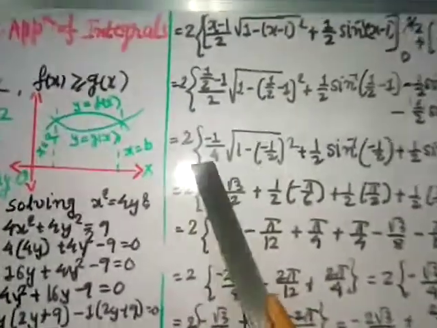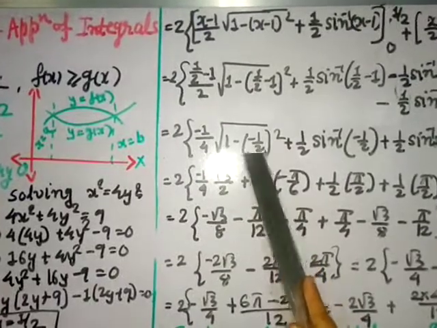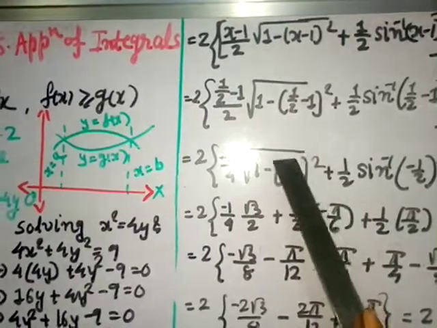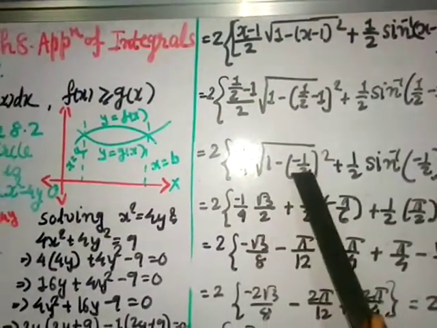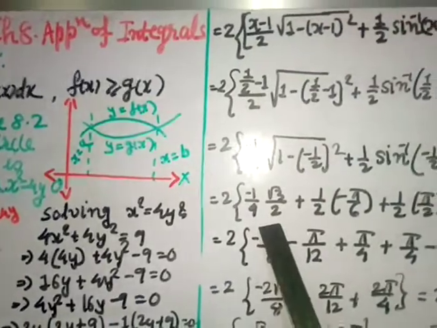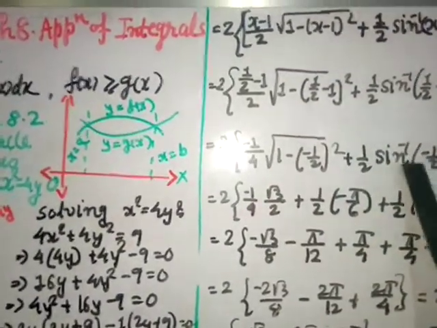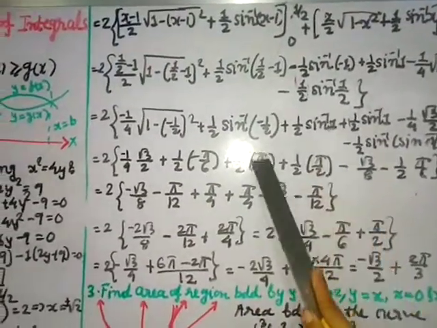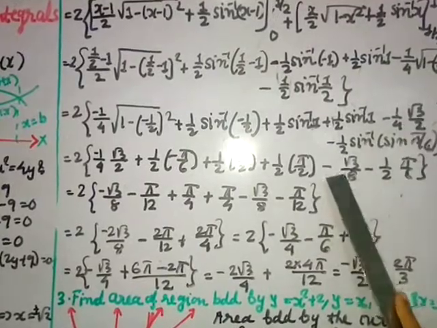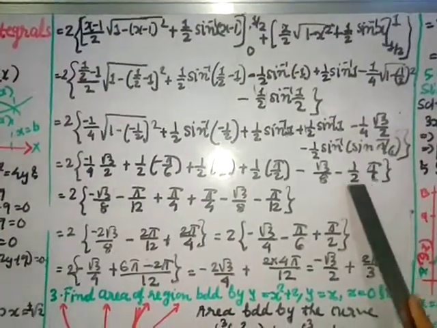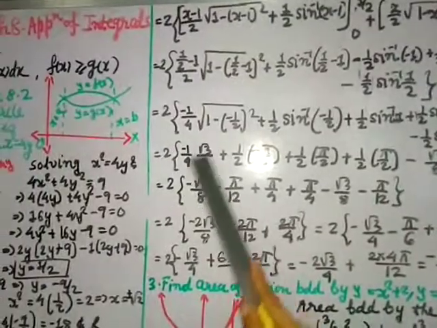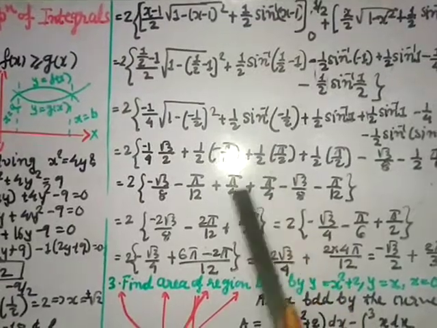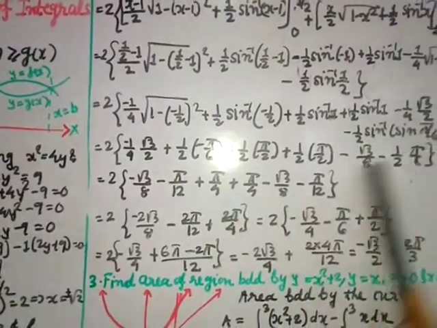Okay, so let us go ahead. Minus 1 by 4. Here 1 by 4, take LCM, 3 minus 1 is root 4 minus 1 is 3, and square root of 3 is root 3, and this 4 taken out of the square root gives you 2. Plus here minus is there, so sine inverse of minus 1 by 2 will be minus pi by 6. Plus this one I already said pi by 2, this is also pi by 2, this is as it is. I am multiplying 4 into 8, and this is 1 by 2 pi by 6. So here root 3 by 8 minus pi by 12, plus pi by 4, plus pi by 4, root 3 by 8 minus pi by 12.